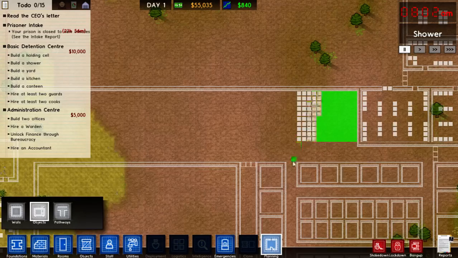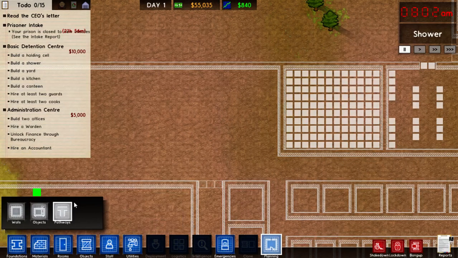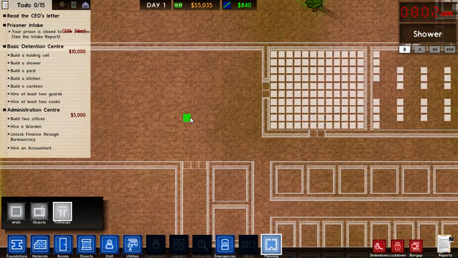We'll make this a decent sized yard. Why not? 100 prisoners, I think it's worth it. Now it's a secured yard with an entrance here and an entrance here. So that would be 5, 5, 4, 4. So yeah, that works. So if this is going to be some yard,